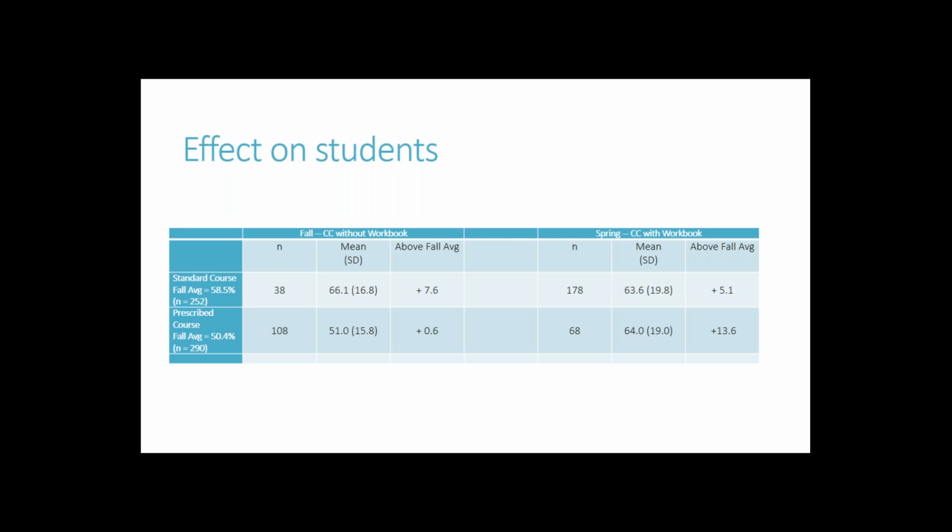Part of the difference between fall and spring is that the teachers in the fall had never taught statistics before. Many of them had, but many of them had not. And in the spring, because of support from the department chairs and the dean, we were able to keep the same people teaching. And that meant that they had more experience with the class in the spring. Also in the spring, we had the active learning materials.